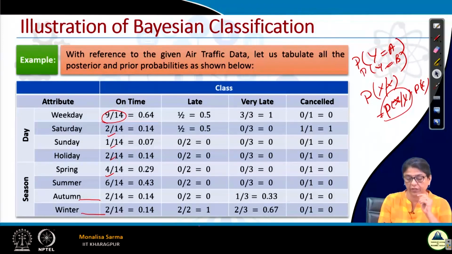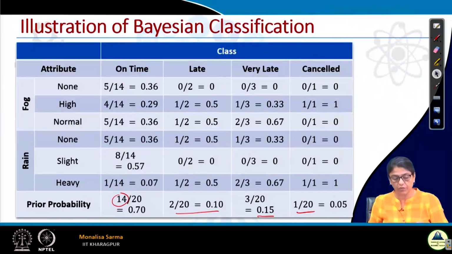Similarly, for late, given that it has reached late, what is the probability that it is a weekday? For late there are 2 occurrences, so the denominator will be 2. Similarly, for very late, we find all the posterior probabilities. Once we have found all the posterior probabilities and all the prior probabilities,